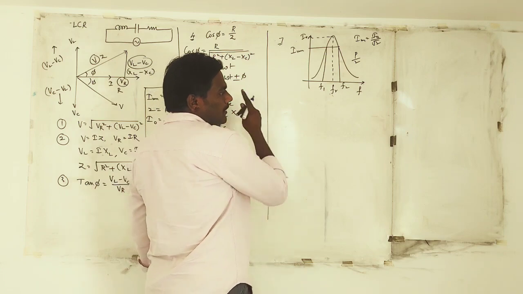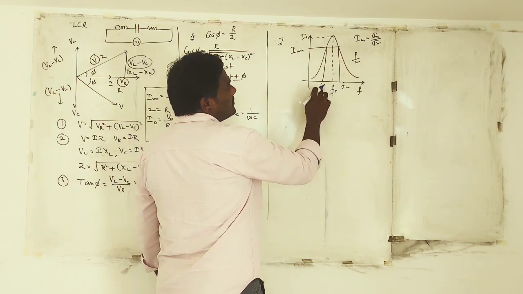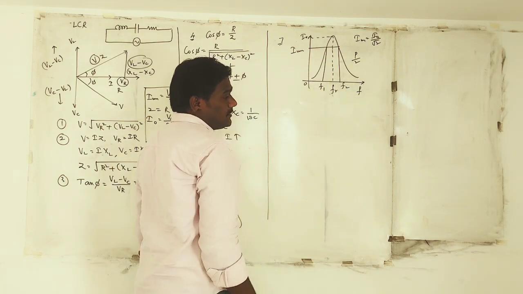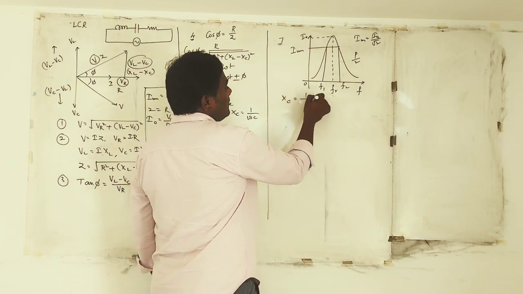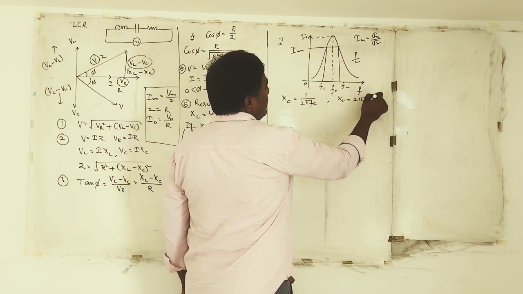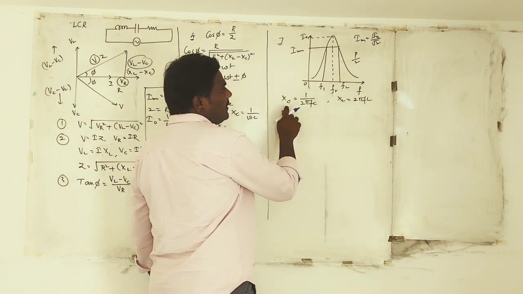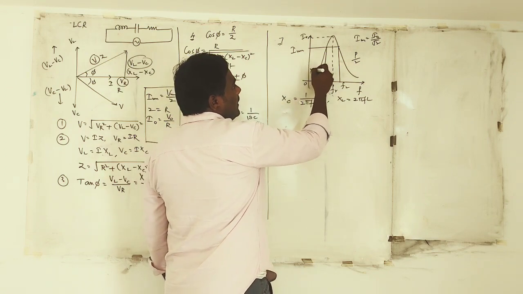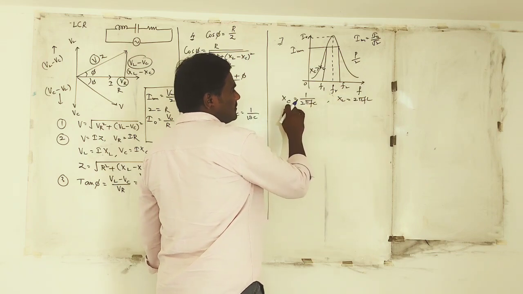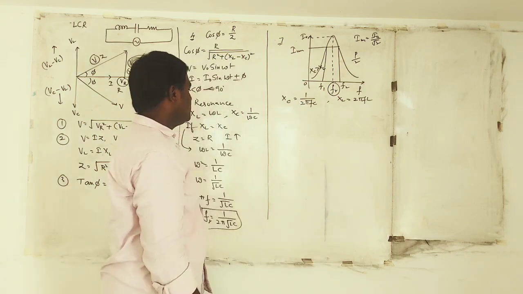Okay. Now here I will tell some more things. Try to understand. The first thing is, this is the origin. From the origin, if you go away, the frequency increases, right? Now, what is the XC formula? 1 divided by 2 pi FC. What is the XL formula? 2 pi FL. Since frequency is 0 at the origin, XL will be 0 and XC will be infinity. What does that mean? Here XC is greater than XL. As frequency increases, XC slowly decreases and XL increases. At resonance, both will become equal.